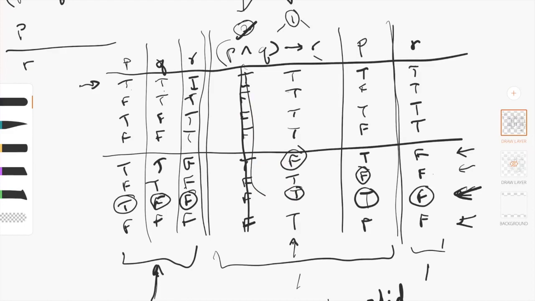Now let's talk about short truth tables. First of all, look at this example of an invalid argument, which we did in the previous tutorial. The truth table has 8 rows, but actually we're only interested in a subset of those rows. Which ones? We're interested in finding rows in which the premises are true and the conclusion is false, because that's